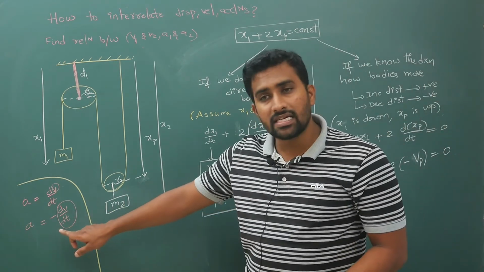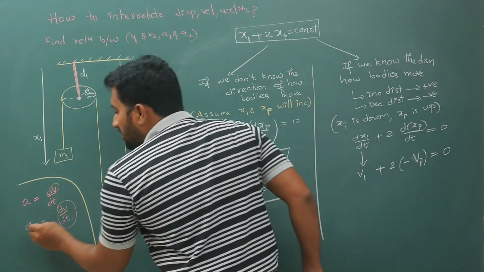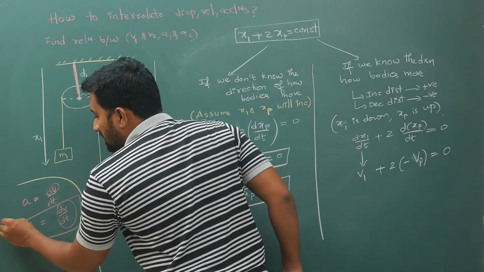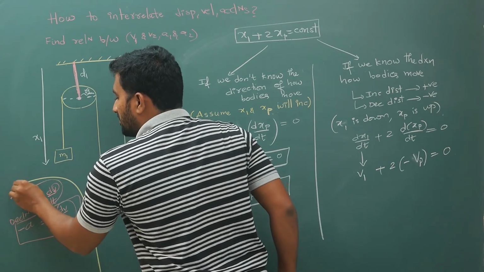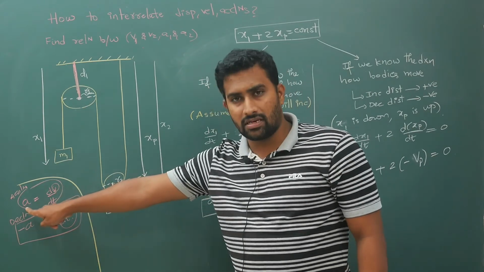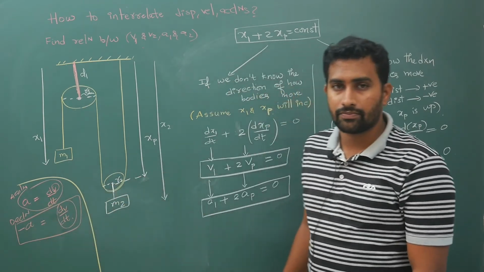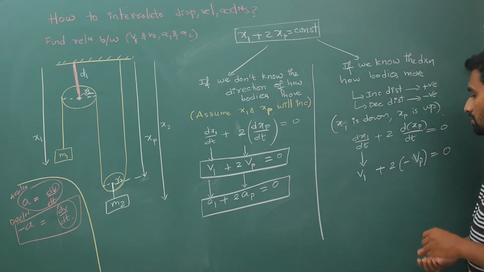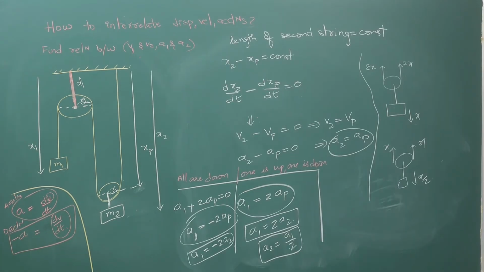If v is decreasing, you either keep the minus sign, or else if you want to keep dv by dt, this is minus a, this is deceleration indirectly. This is acceleration. dv by dt, if it is positive acceleration, obviously if v increases, a will also increase. If v is decreasing, a will become negative. Okay, so now here according to this, v1 is equal to 2 times.